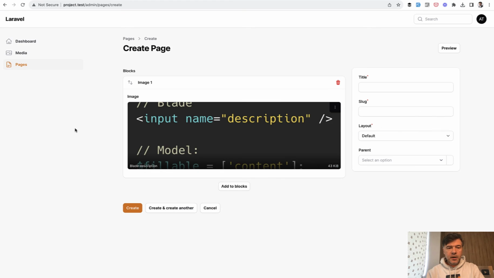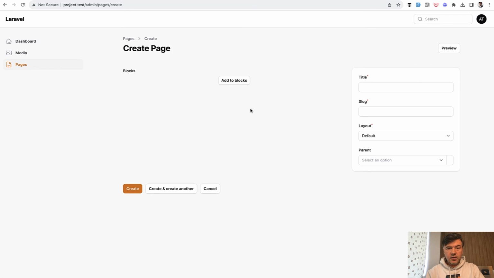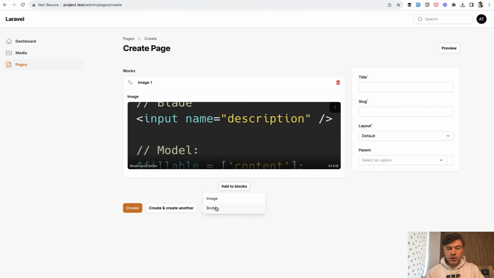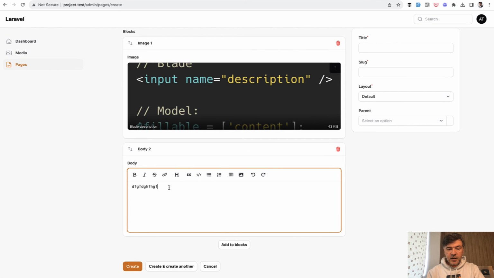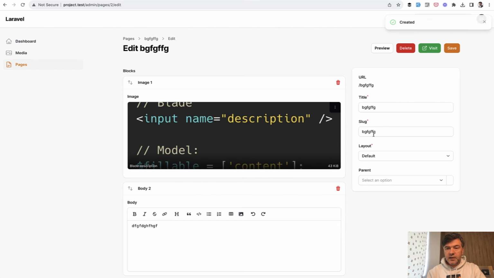And now let's move to the second package that I wanted to demonstrate, which I actually did in the pages. So you can create a new page defining the layout. So there's default layout, which means in every layout I may define the blocks. So I define that this page with default layout may contain the blocks of image and body. So I define the image from here, again from picker, for example, and then add to blocks. I define the body with text area, and then I create that as a page. Of course, I forgot the title. Slug is automatic, for example, and then we create, and we have that as a page also with a link